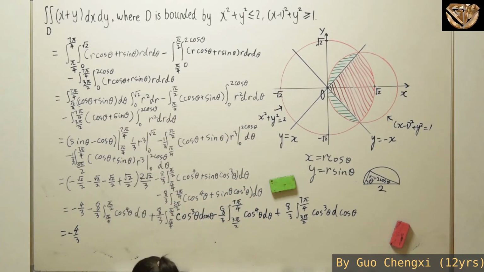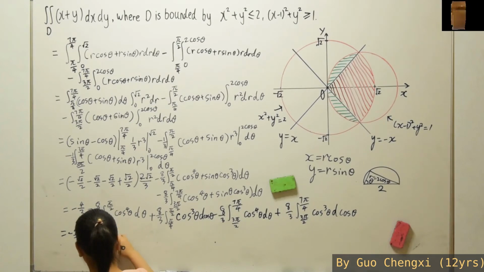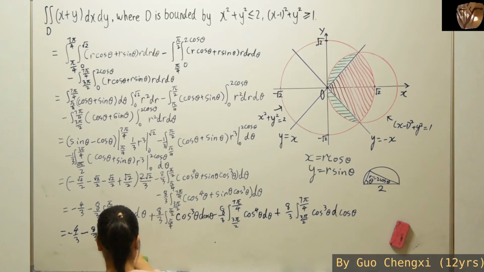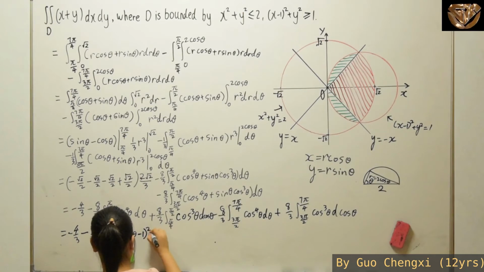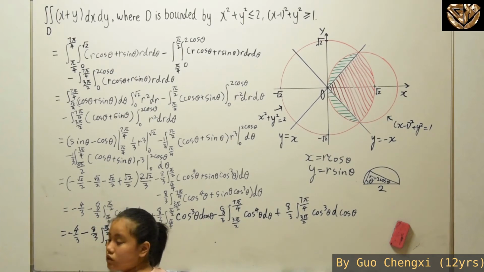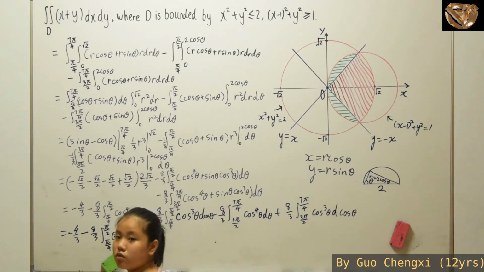So for this part, what we'll have is, apparently cosine square theta is over here 2 cosine 2 theta minus 1, and since it's to the power of 4, so here you bracket square. Okay, so for this part,